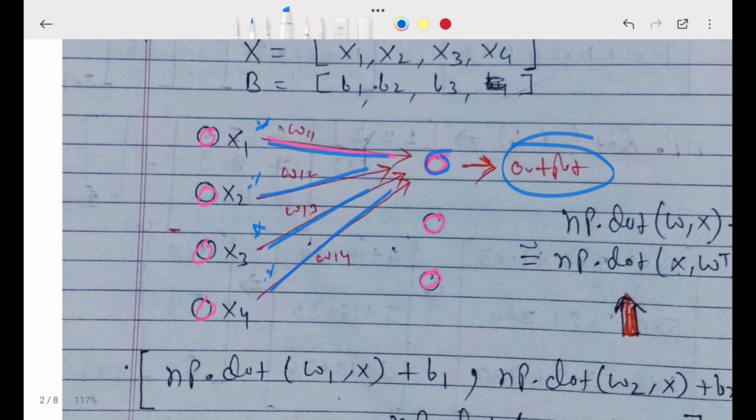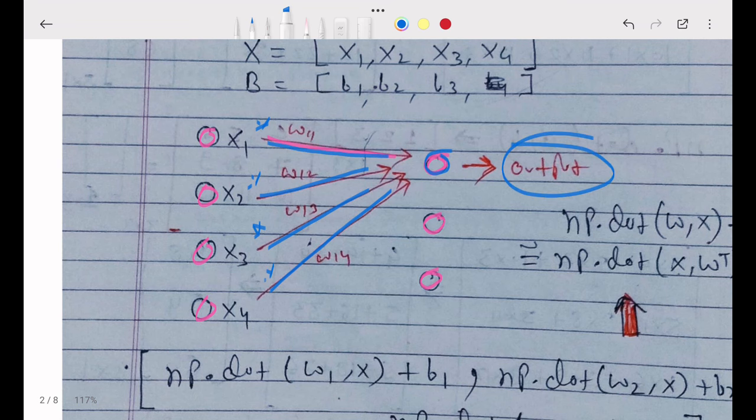Now here there is a bunch of weights for every output. What is the meaning of this? There are many outputs: one output is this, one is this, one is this. So weights w11, w12, w13, w14 are for output 1.